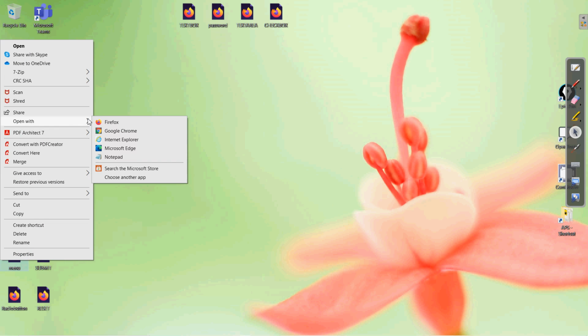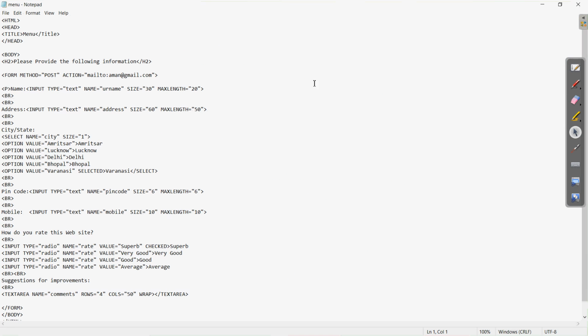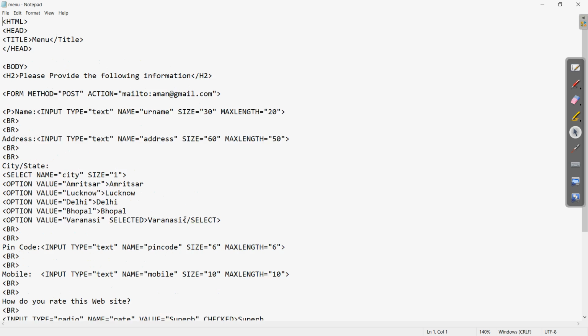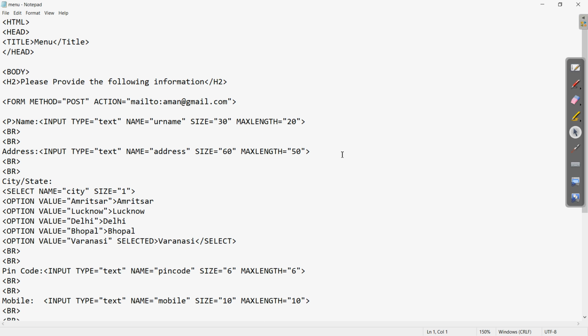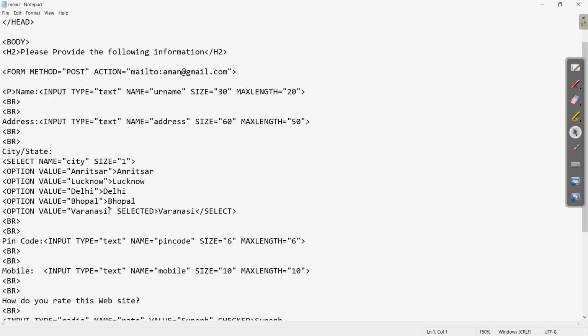Let us open it with Notepad. So here is the code which we have written. Here, whatever city you want, the name is city, and whatever values you want are given with the value attribute. Clear?